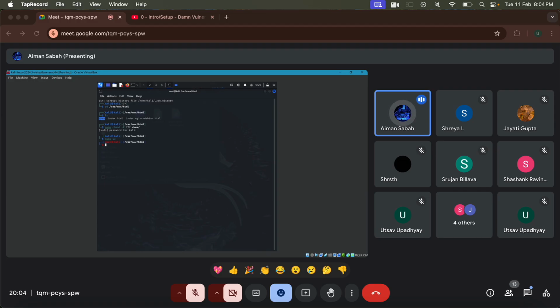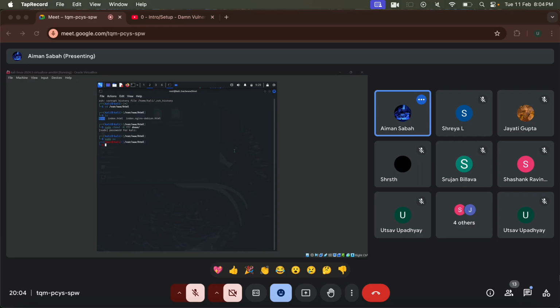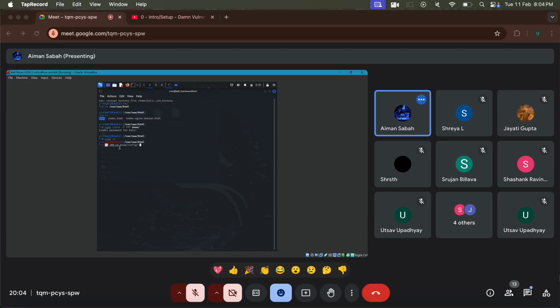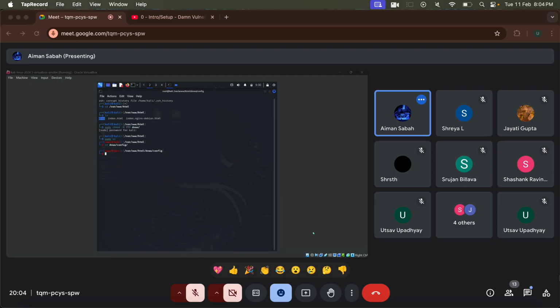Then what you have to do next is traverse to the configuration file and change some settings in the php file there. So basically you need to do cd dvwa config. I've put the command in the chat also. You do the config, and